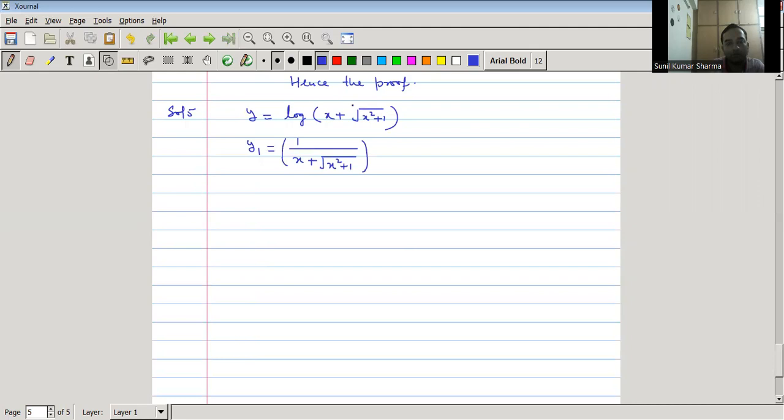Now we have to again differentiate x plus under root x square plus 1. What is the derivative of x plus under root x square plus 1? This is equal to 1 upon x plus under root x square plus 1 into derivative of x, which is 1, plus derivative of under root x square plus 1, which is 1 upon 2 under root x square plus 1, and again differentiate x square plus 1, we get 2x. 2 and 2 cancel out. So we get,